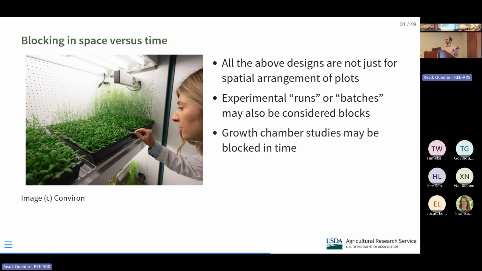And if you have some sort of environmental chamber, a lot of scientists I work with have these environmental chambers that are very expensive, and you can perfectly control the conditions, but they only have maybe 2 or 4 chambers. So you don't have very much replication if you just do one run of the study, since the entire chamber is assigned to a treatment. So the only way you can get replication is by doing the replication in time and do the entire study on those 4 chambers and then repeat, re-randomizing which chamber gets which treatment. Each run in time is a block and you account for that statistically.